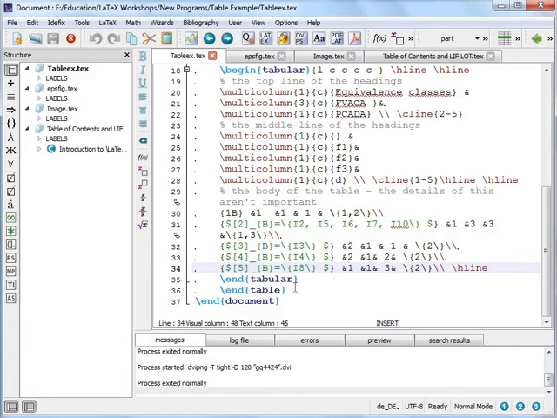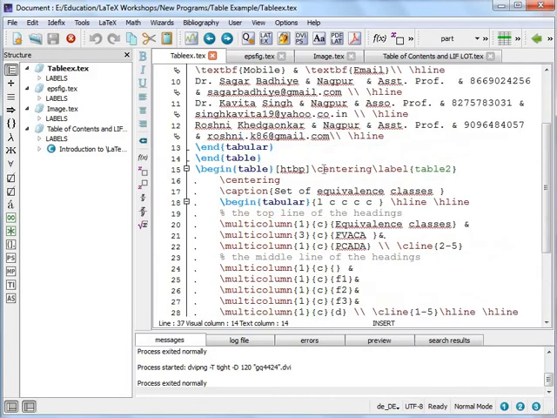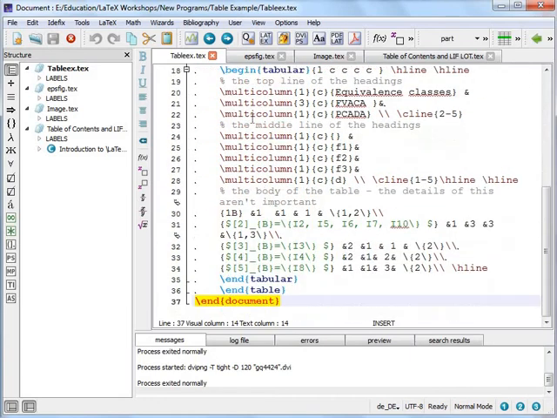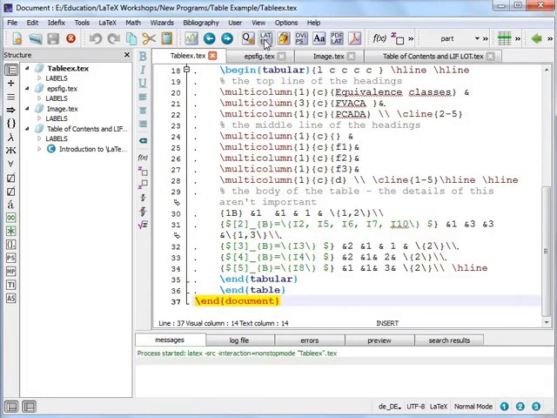Then we end the tabular and end table, and finally we end the document. So in this way we are creating two tables over here. So for executing this particular program, we'll make use of the LaTeX command. So we'll click on this button. So the process exited normally. Then we'll use the convert to PDF command. So again it is converted to PDF, and then